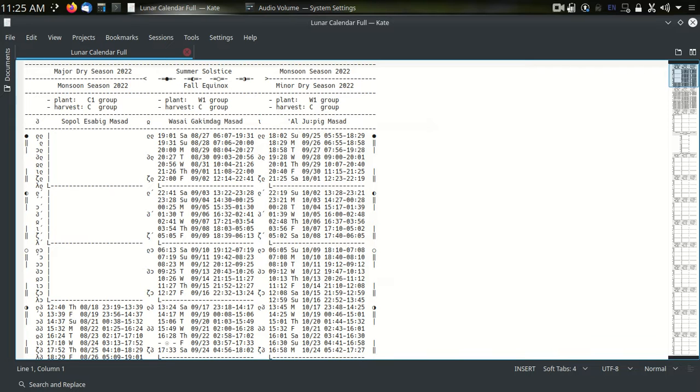Alright, so I've made a small adjustment to my Lunisolar calendar here. Very, very minor. But I did realize that instead of solar days, using lunar days as the basic unit makes things a lot cleaner. Right? So going from moonset to moonset,